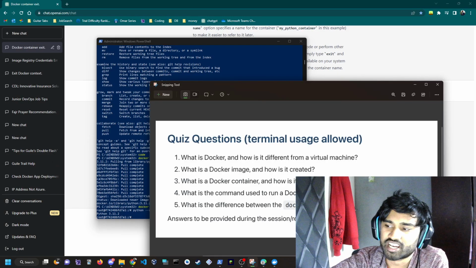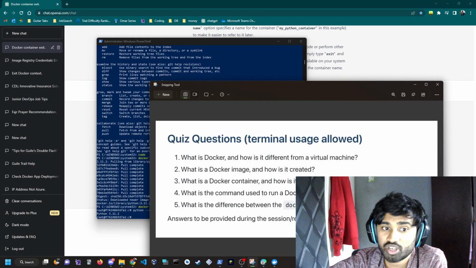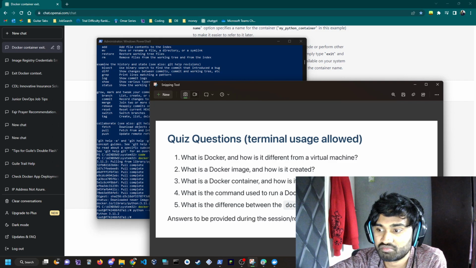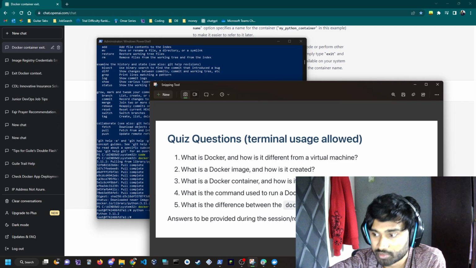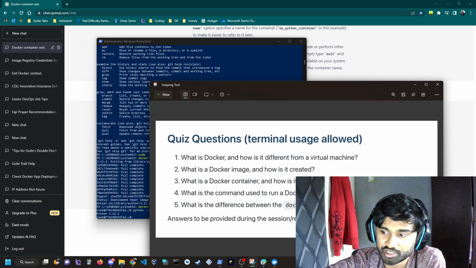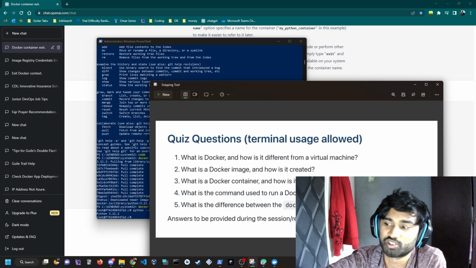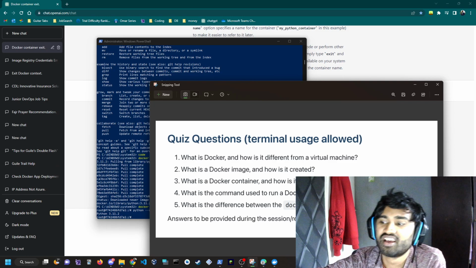What is Docker and how is it different from a virtual machine? What is a Docker image and how is it created? What is a Docker container and how is it different from an image? What is the Docker command used to run a Docker container? What is the difference between the docker ps and the ps -a commands? Okay,